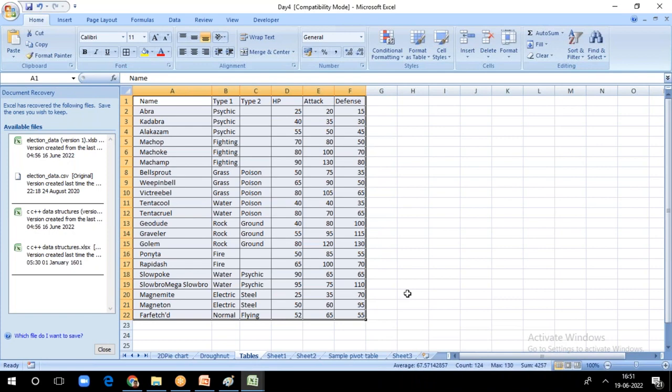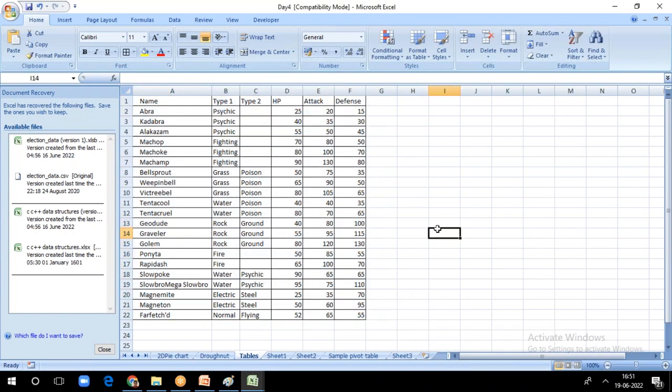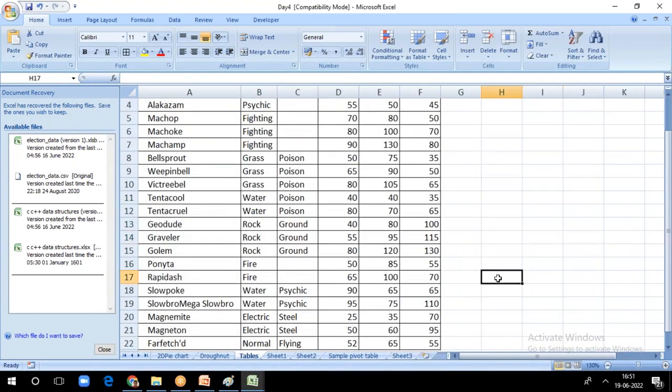Okay, and whenever you have a table, your table will always allow you to work with the sort and filter. Then you can work with the formatting of the table. And even you can work with the autofilling. So these are the three properties that a table possesses, and whenever you are working with a table, you can work with these properties. For example,